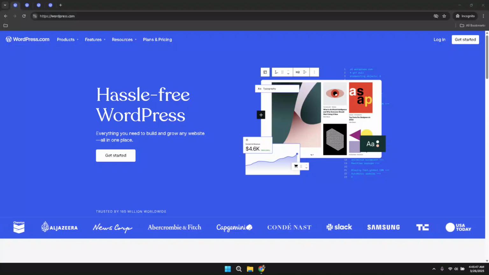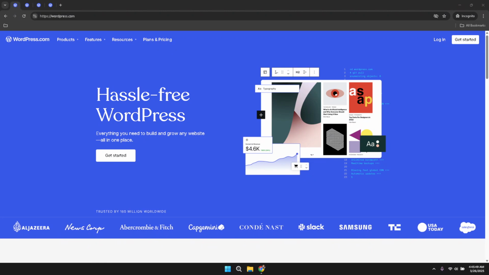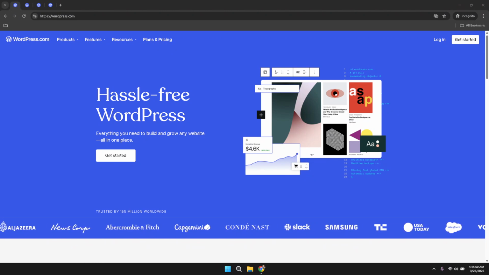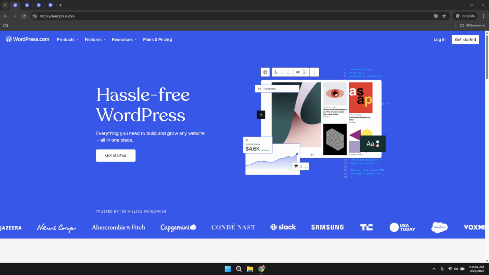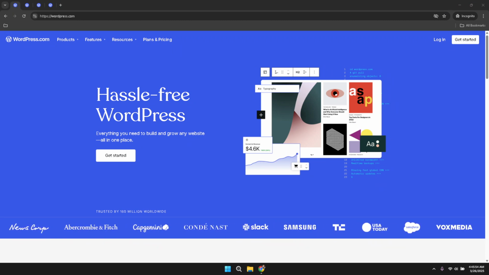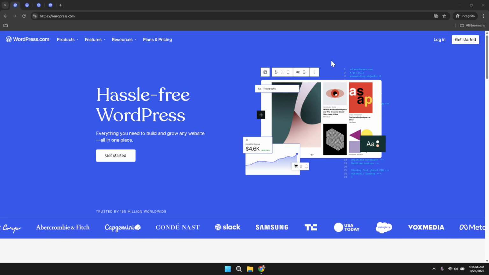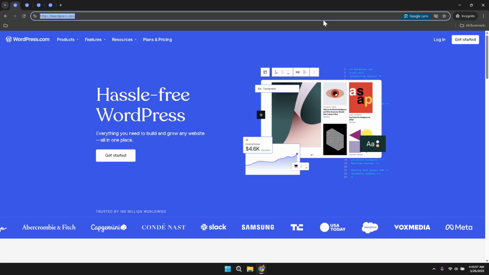Welcome to this clear and concise tutorial on changing your website theme in WordPress quickly and efficiently. In this presentation, we will walk through every step you need to follow, ensuring that you feel confident about the process. Begin by opening your web browser and navigating to WordPress. As you load the homepage, take a moment to appreciate the clean interface that WordPress provides, making your website management